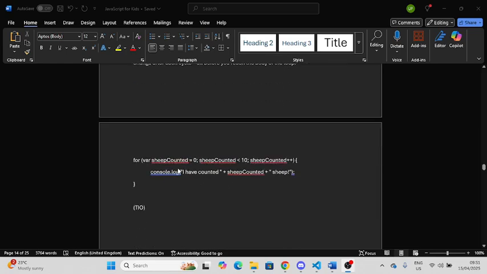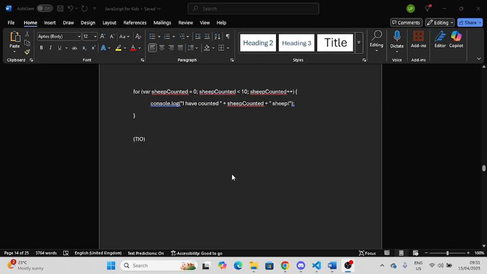So for example, create a variable, in this case sheepCounted equals 0. Your condition is sheepCounted less than 10, and then every time it runs the block of code, sheepCounted is going to be incremented by 1. So this is also going to run 10 times. Okay, if we look at some code,